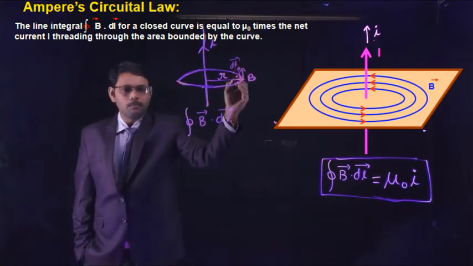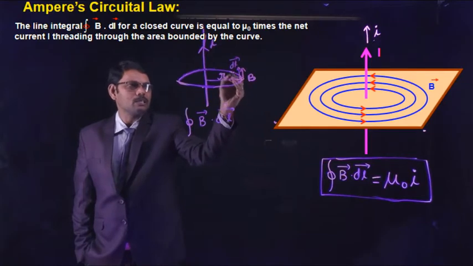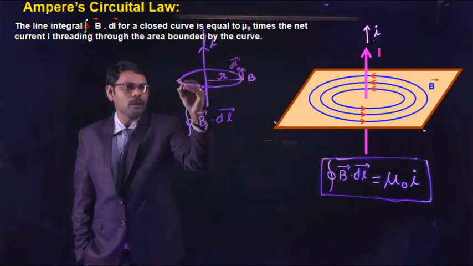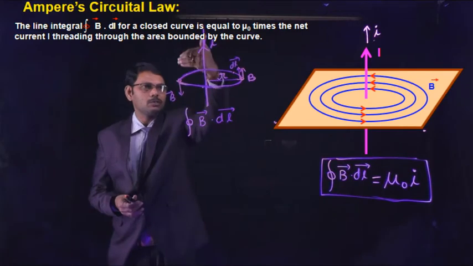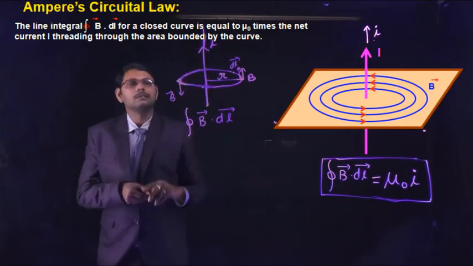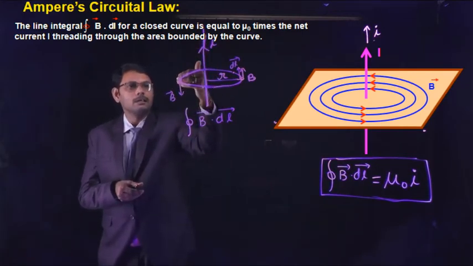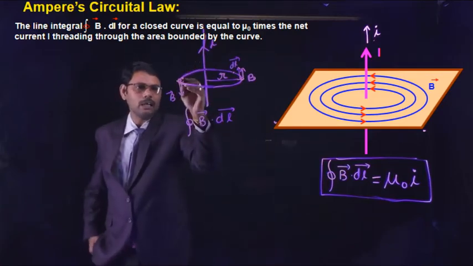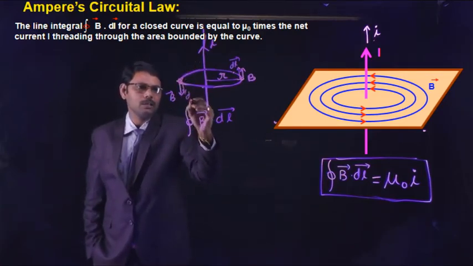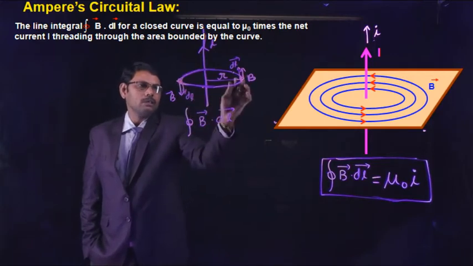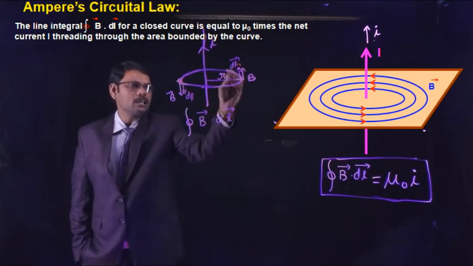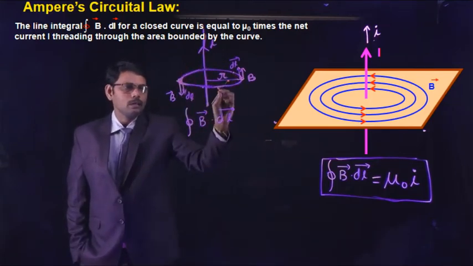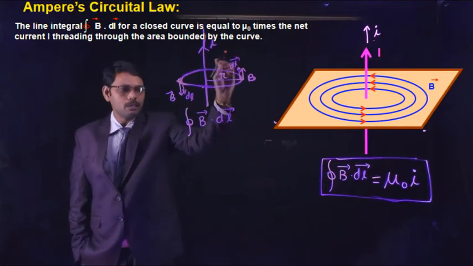This is possible and this is correct for each and every point on the loop. If you consider this point, B bar is along this direction, the magnetic field. When current is passing through the straight wire, the magnetic field is like this; curling fingers show the direction of the magnetic field, and the length of the element is also in the same direction. So, as shown at these 2 diametrically opposite points, each and every point on the loop has B bar and dl bar in the same direction.